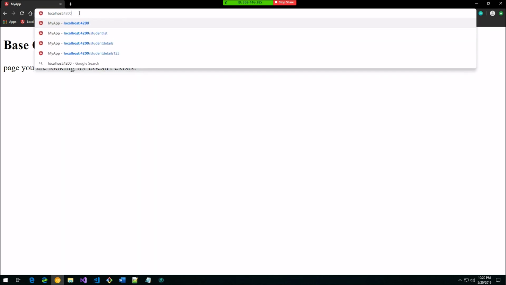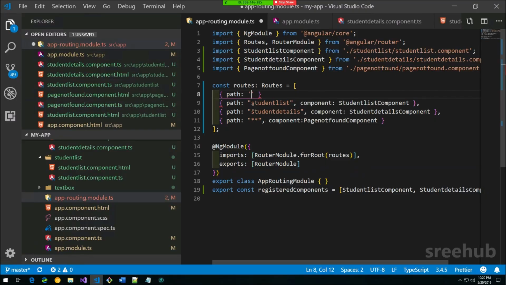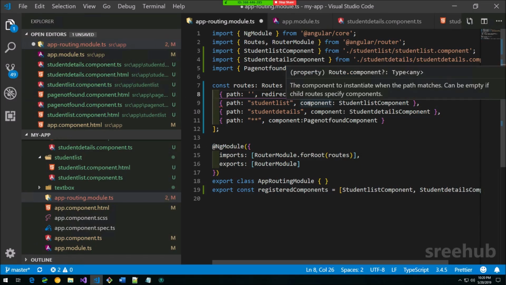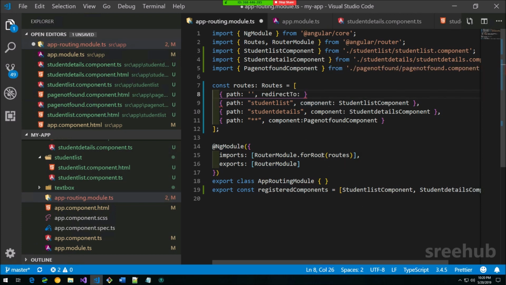As of now, it doesn't have anything, so I'll say, okay, fine, a path with just the domain and nothing else. What to do? I want to redirect to, right? So when I say redirect to, I don't want to show page not found, but I want to redirect to some base. For now, let's say the base is student details. You can make any page or component a base page. Or if you have a home, you can also make home